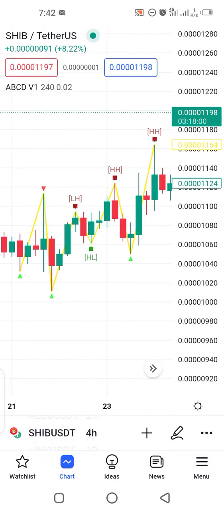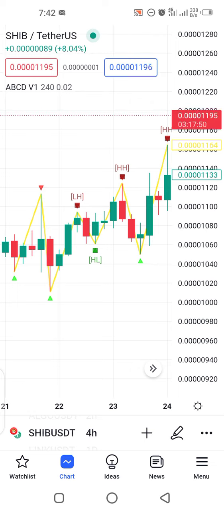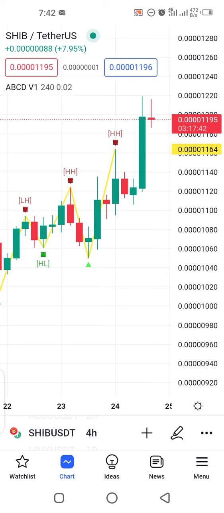But now, when it reaches areas where it shows you lower high, then it shows higher low, it means specifically you need to wait. Now it shows you higher high, because you are supposed to get in at the higher low, then you get out at the higher high, like it happens on the other side